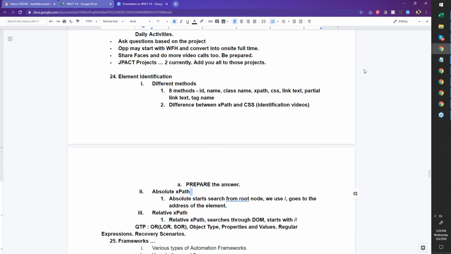Team, try and rethink your answer once again. I will try and explain this concept to you. Okay, so let's talk about absolute XPath. What does this do? How can we define it very clearly? So first you understand, then we can define it. Let us say, what are we doing?